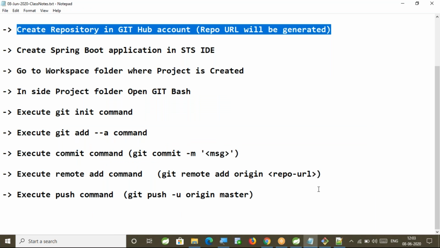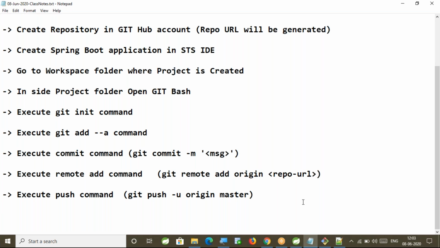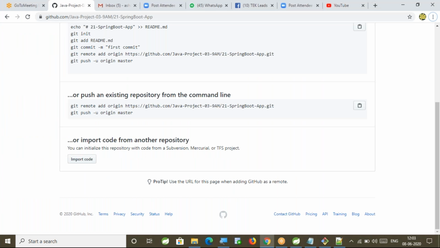Now I want to create a brand new project and I want to commit that project to the repository. Suppose assume that I am the team lead. My team members' work is going to start from tomorrow. I need to set up the project folder so that everybody can start working on the changes from tomorrow. How am I going to do that?